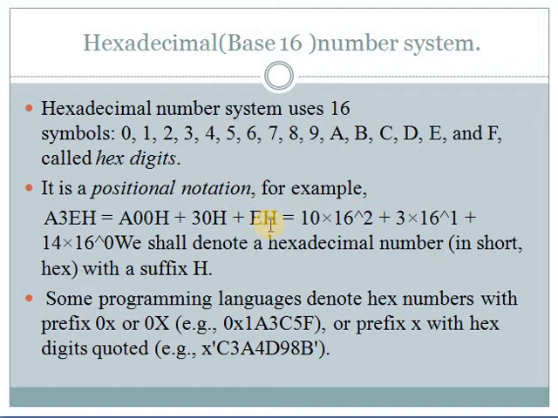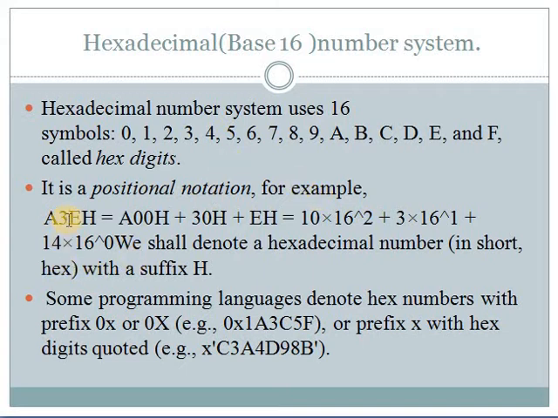What is the base for hexadecimal? 16 is the base for hexadecimal. So here also, from the rightmost digit we are moving towards the leftmost. I have already said E is 14. So it is 10, 11, 12, 13, 14 and 15. See here, 14 into the base 16 to the power 0 plus